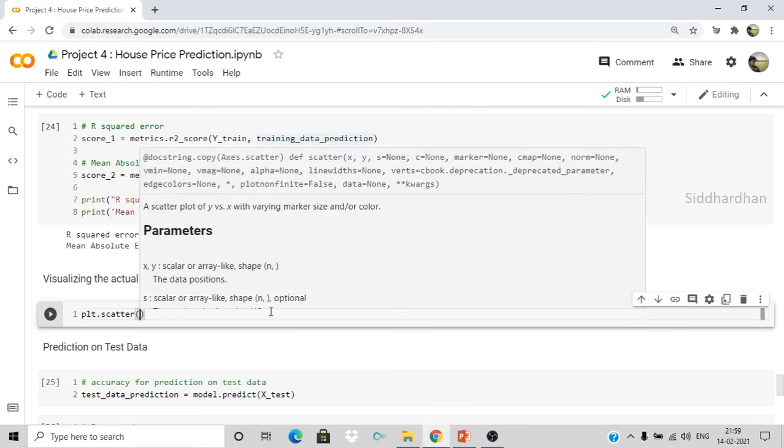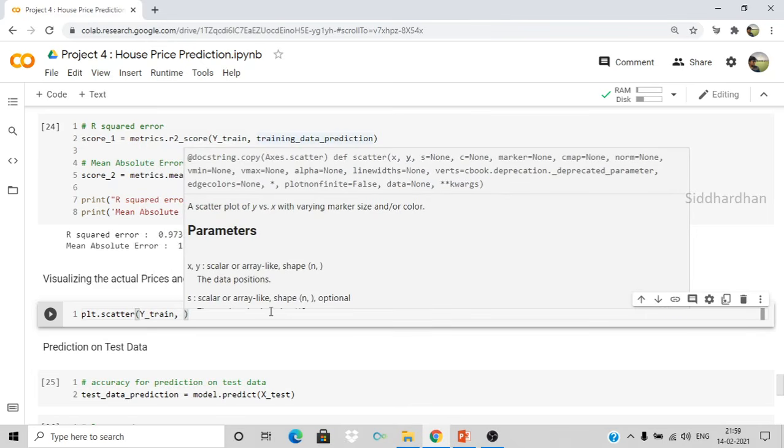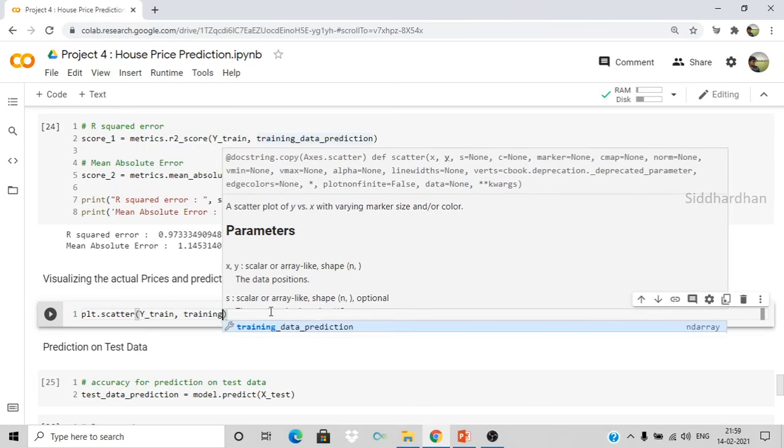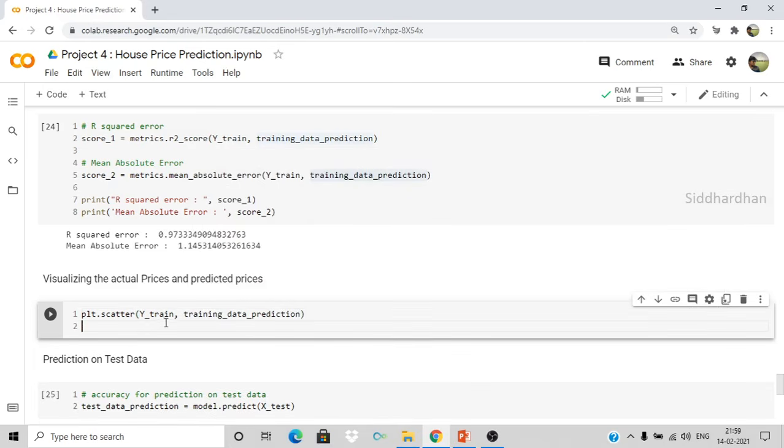So plt.scatter. We need to mention the two values, which are y train and training data prediction, because I'm comparing those two values, right? The original prices of houses and the price predicted by the model. Okay, so plt.scatter,